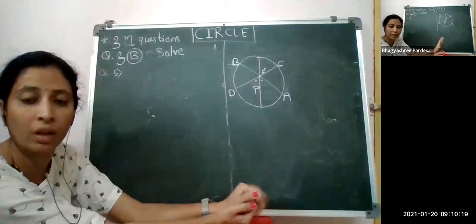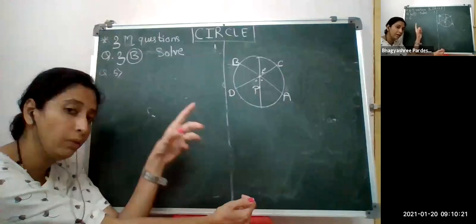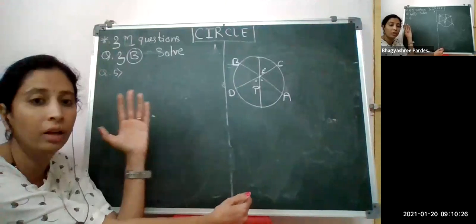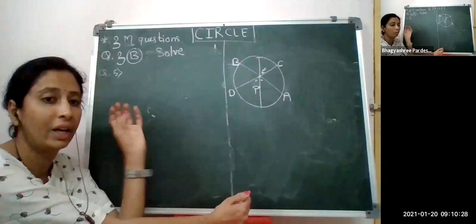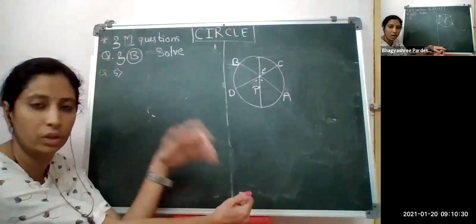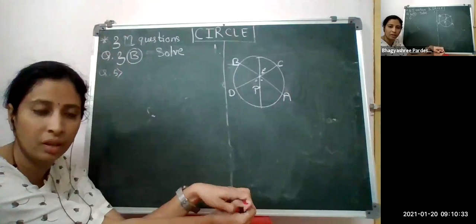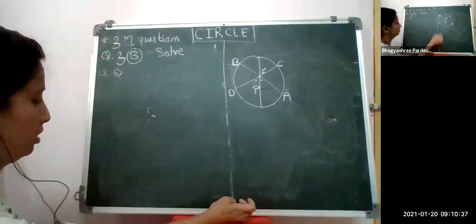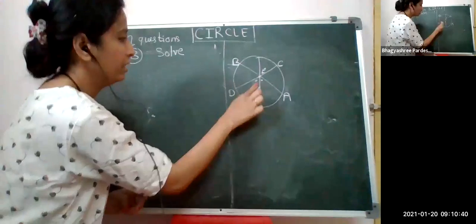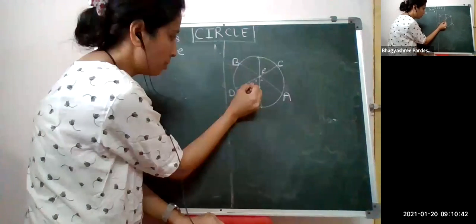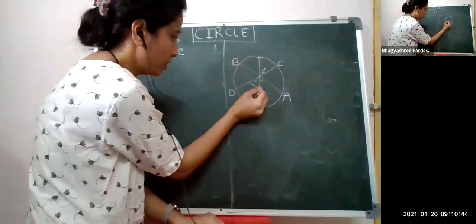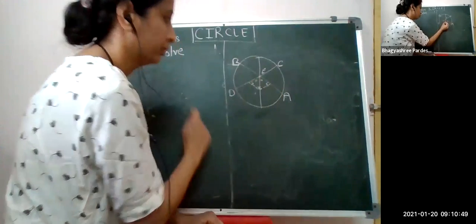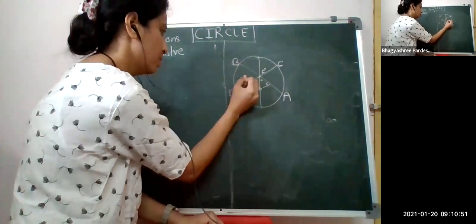How to prove this? Can anyone? Yes. If your concepts are all clear and you have understood the lesson very properly, then you can solve this one. Can anyone say how to solve this one? Okay, I'm just giving you a hint here. I'm going to draw a perpendicular from the center onto the chords. This was P, suppose this is M, suppose this is N.